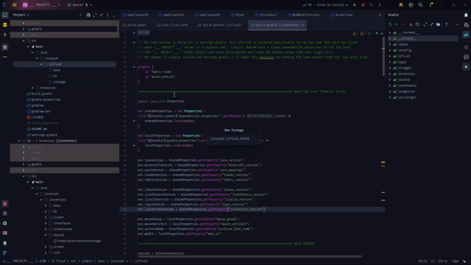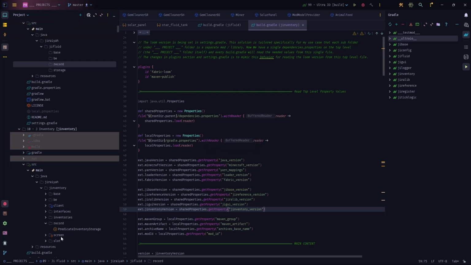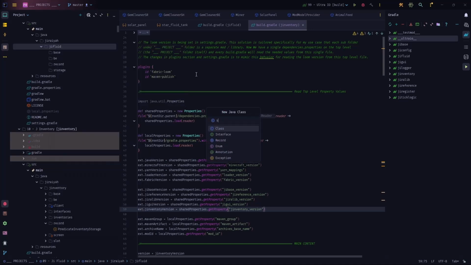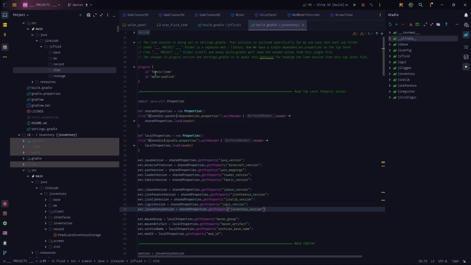We will have records or record, I don't know. We won't have the screen, but we will have one, maybe one slot, okay? No, not the class, goddammit. Here, a packet. Now, to begin with, the easiest place to start is actually the inventories,